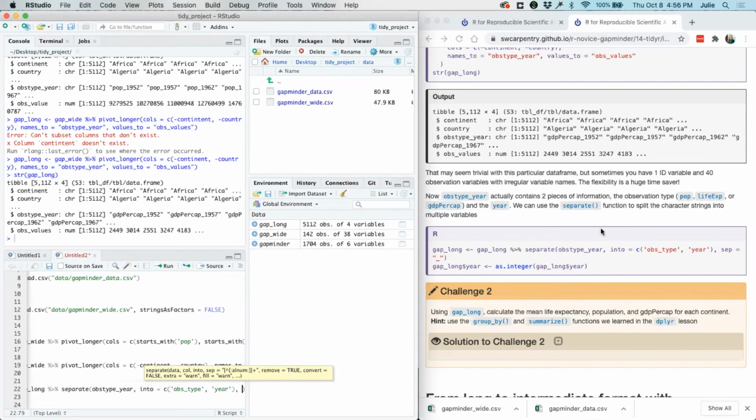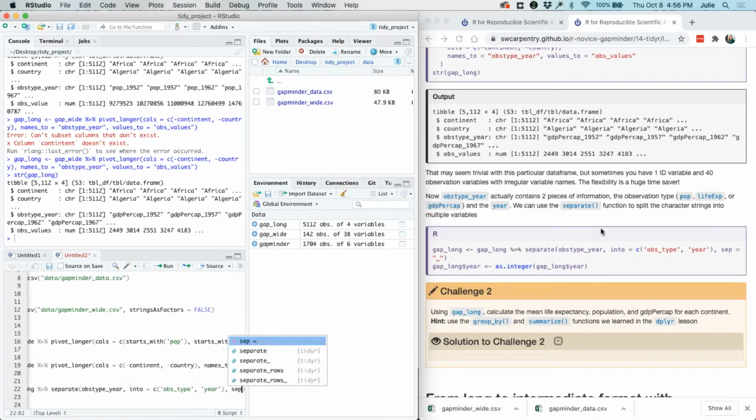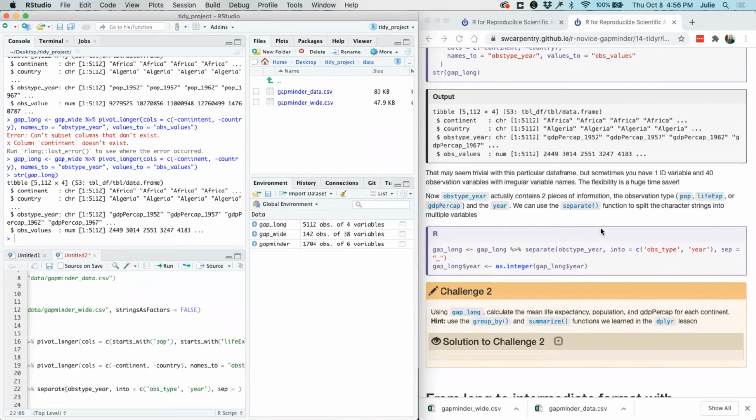And then we have to indicate how these are separated. So we'll use the sep indicator, to indicate what has been used to combine these. And we need to look at the printout of our data, and we see that it's using an underscore to combine these observations.